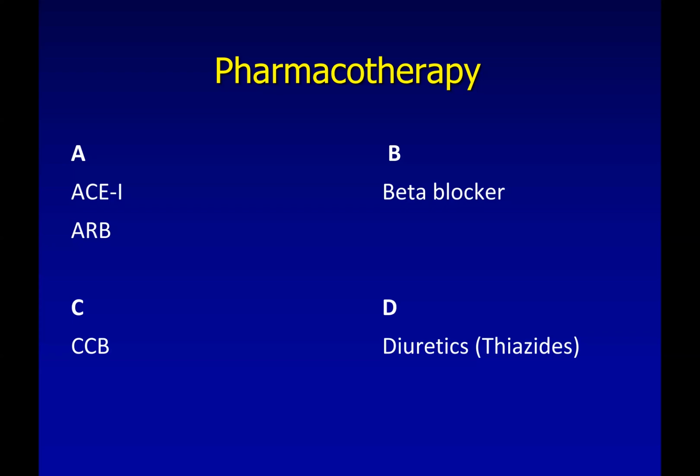But at times when you give triple drug therapy, you have no other choices. So ACE inhibitors and ARBs you should not combine. Beta blockers you should give only if there is a compelling indication. I will come to that a little later. So you can give a combination of ACE inhibitors and CCBs. You can give a combination of ACE inhibitors and diuretics. You can also give a combination of ACE inhibitors, CCBs, and thiazide diuretics.